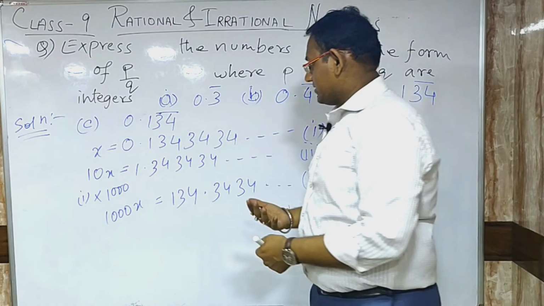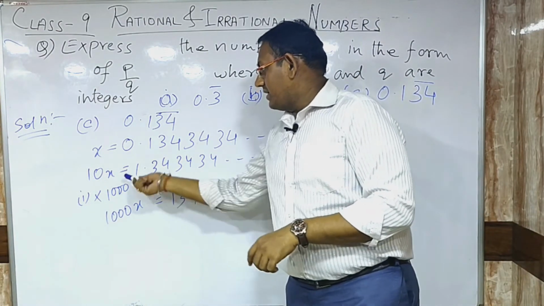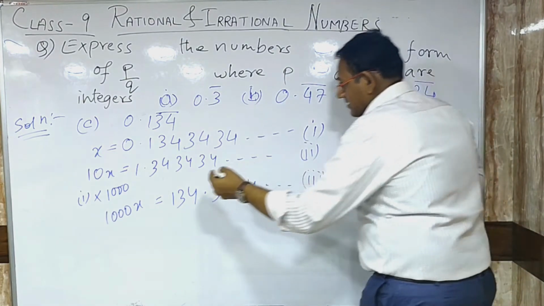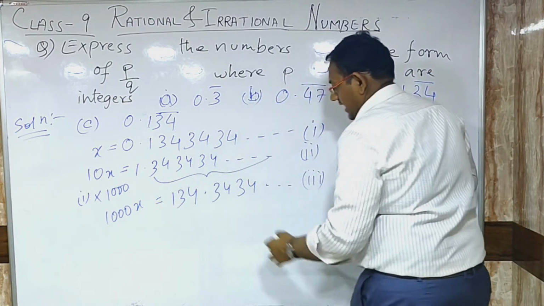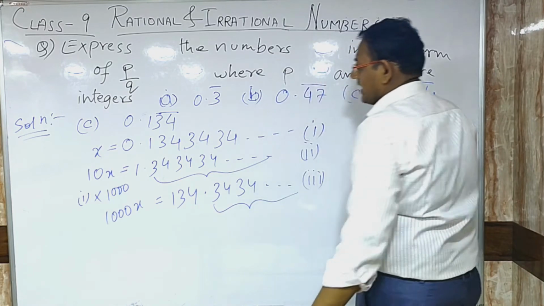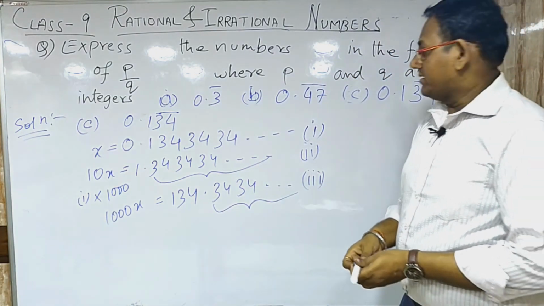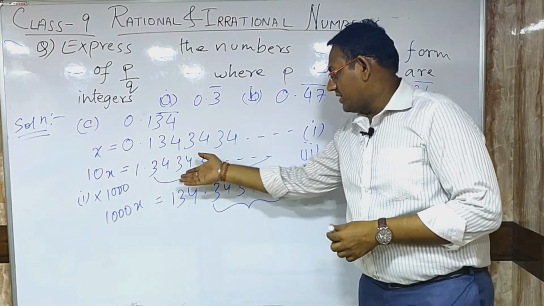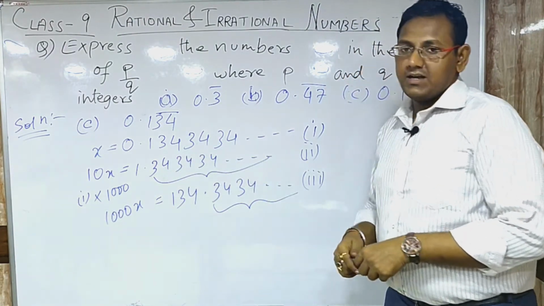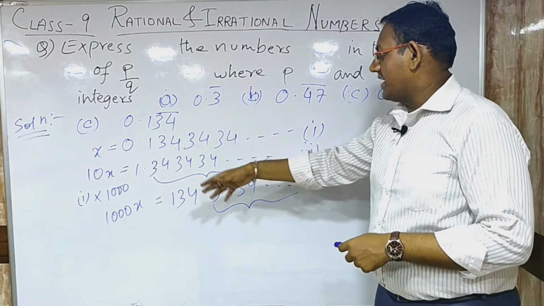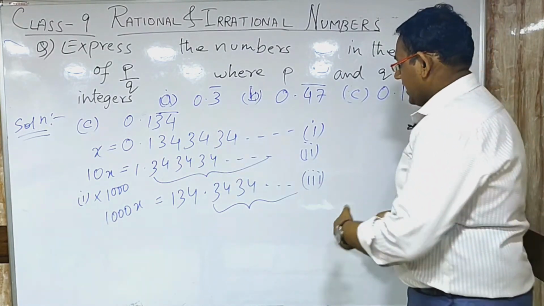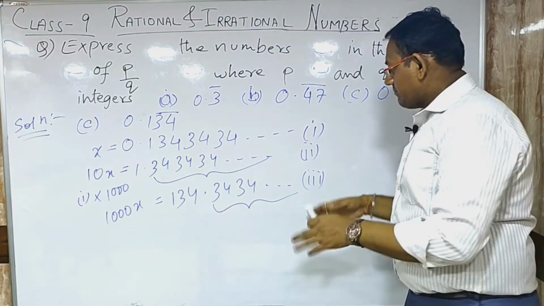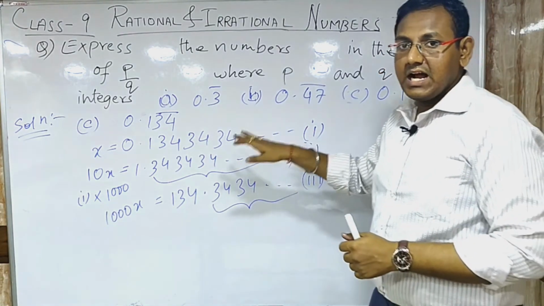Now there is a question that you might have, that why we are multiplying with 10 and why we are multiplying with 1000. Now in this particular part and in this particular part, we are getting the same decimal part. Now you might also have a question. So in this part we are basically getting 3 34s over there. That means we are basically getting 343434 over there. In this we are only getting 2 times 34 over here. Remember that this is continuing.